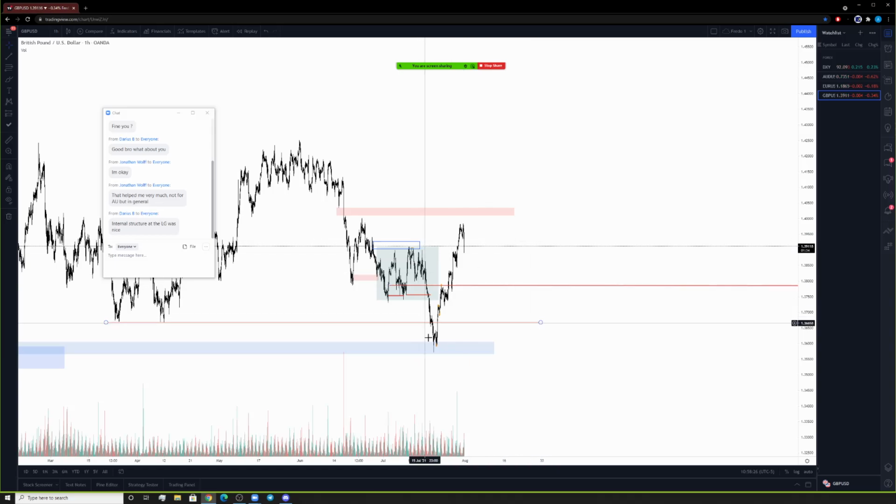But yeah, this is printing out a very good narrative for the bigger picture. Now it's just a matter of getting the timing and the entry right. But yeah, that pretty much will conclude today's little lecture. I felt like it was long, but it's only been 20 minutes.